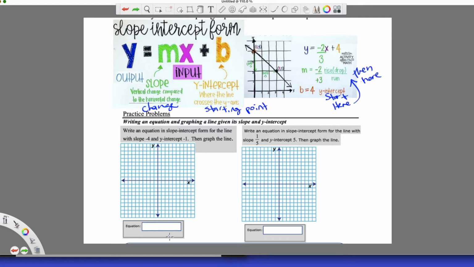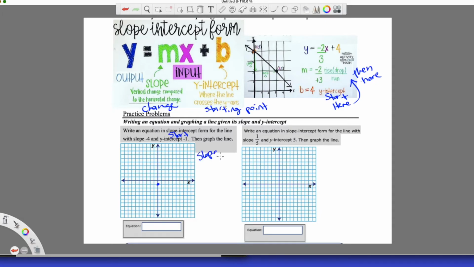So we have a slope of -4 and a y-intercept of -1. So start here. Start with -1, so I'm going to go from the center, I'm going to go down 1, down because it's negative, okay? And then my slope